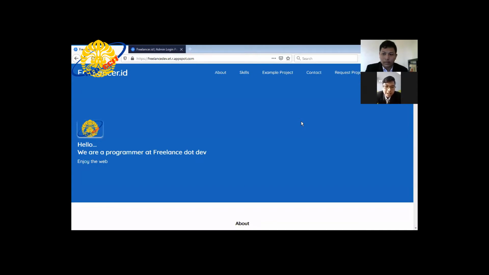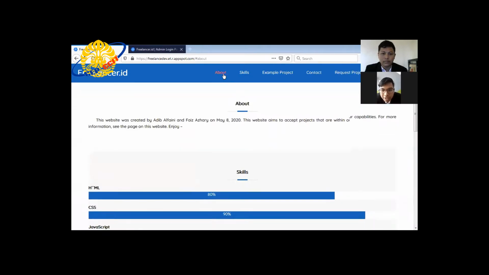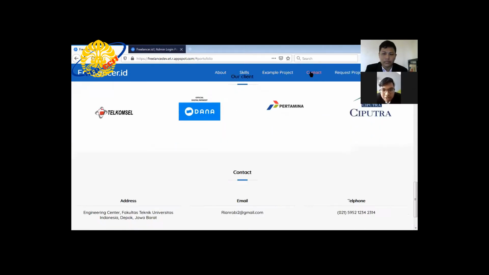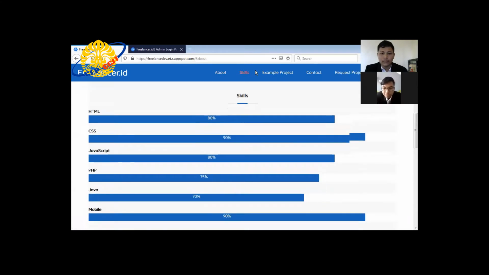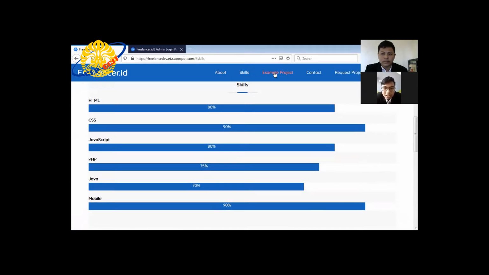This is the landing page for the user. We have navigation like about, skill, example project, contact, request project, and office location. About is only a section in this page, but request project has a different page. Better we see the office location first. This uses the Google Maps API.